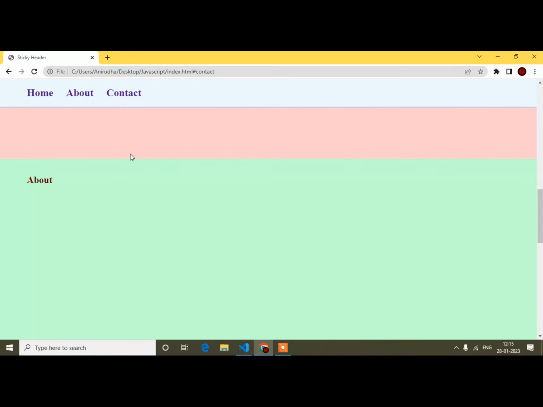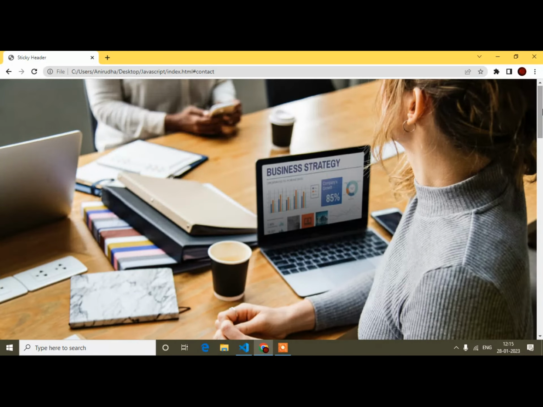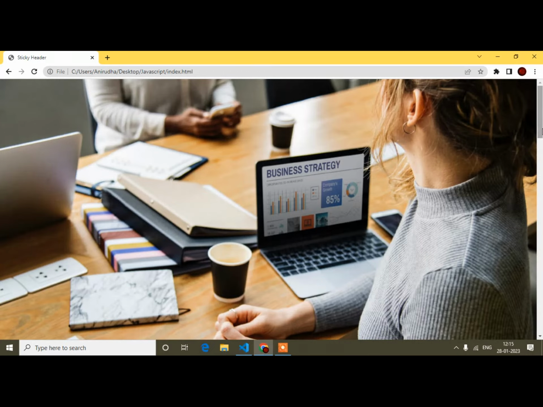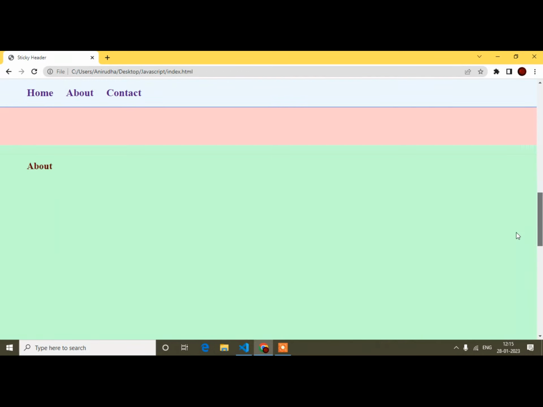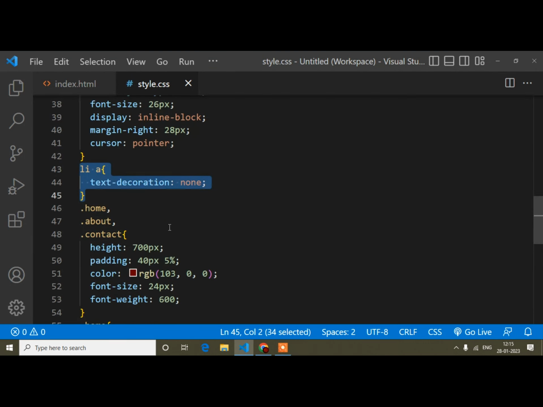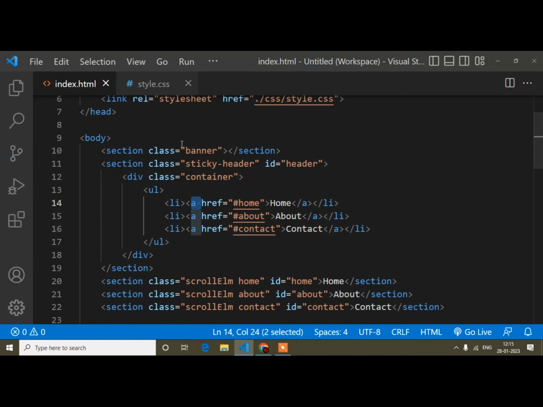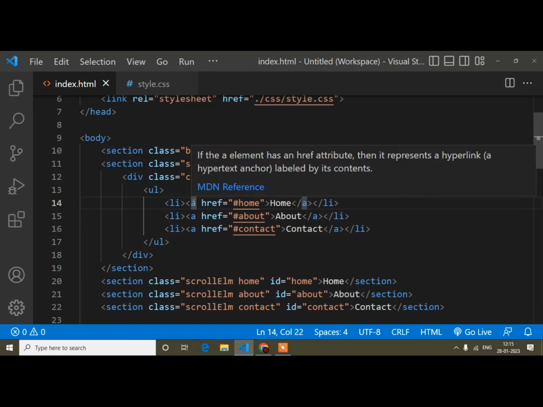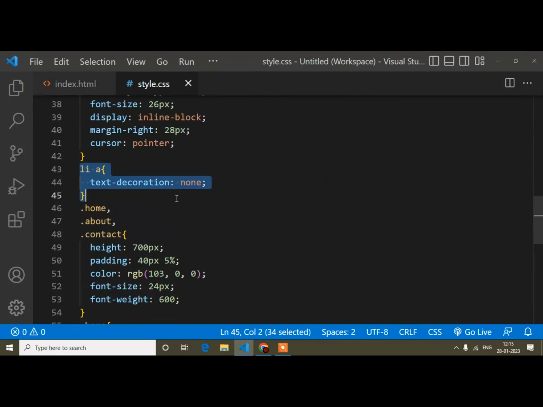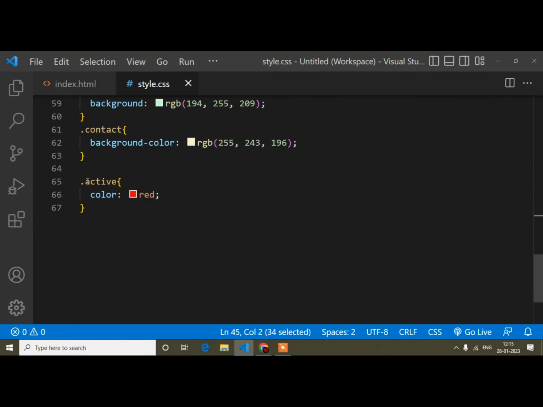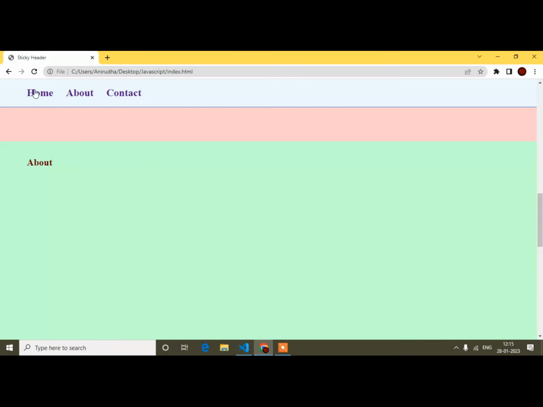And another thing I haven't shown in this video: in scroll time it was changing the color, right? Earlier it was changing the menu color, but now it is not changing. Guys, here you can see this is now an anchor tag, right? And the active class is being appended where? The active class is appended in the li tag.